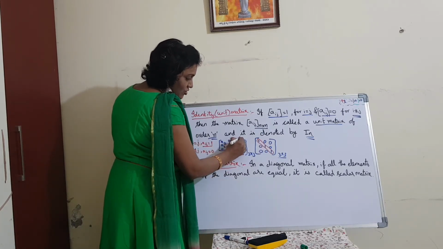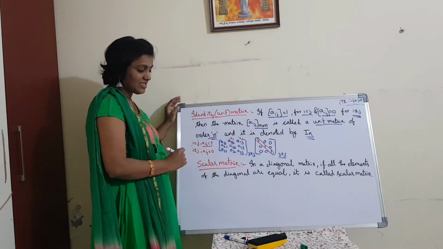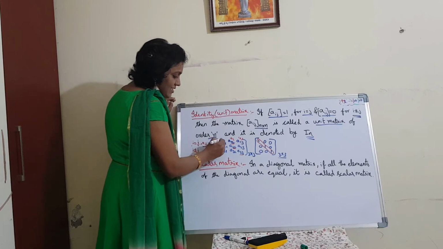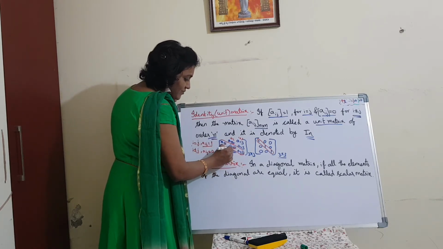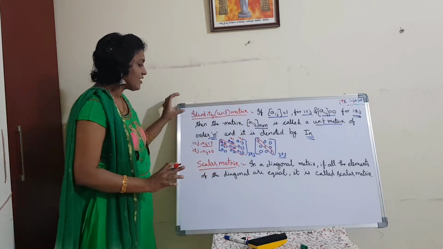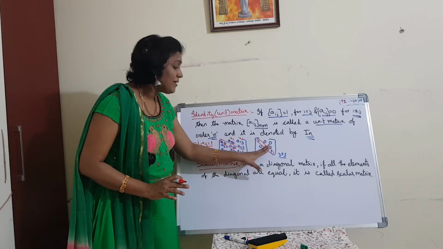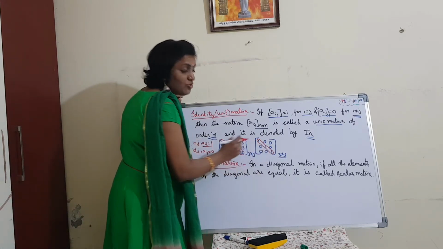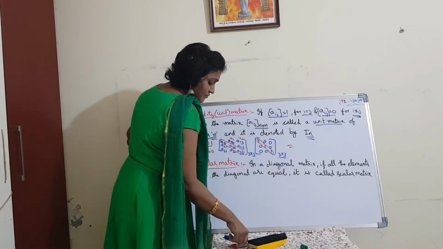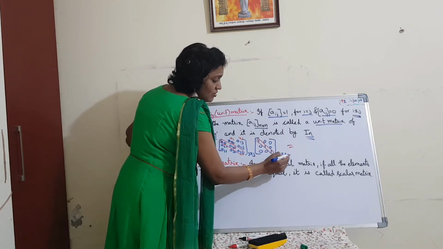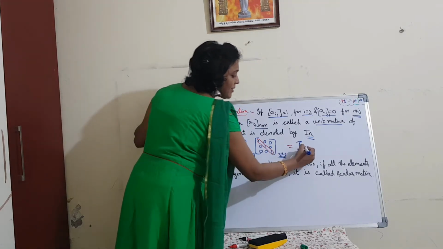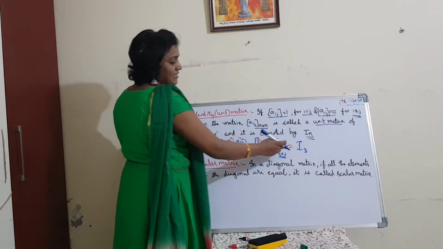Here also 1 is not equal to 3. You will get 0. Like that every other element must be 0, and the diagonal elements are equal, no? i and j are equal. That's why we will get 1. This is called identity matrix or unit matrix because we will get only 1. Here 3 by 3 matrix, no? We will denote the unit matrix with I, and here 3 by 3, so 3 will write. I3 matrix.